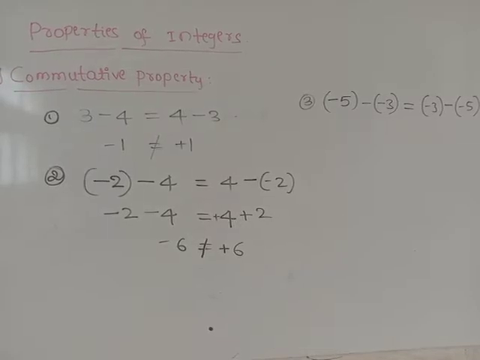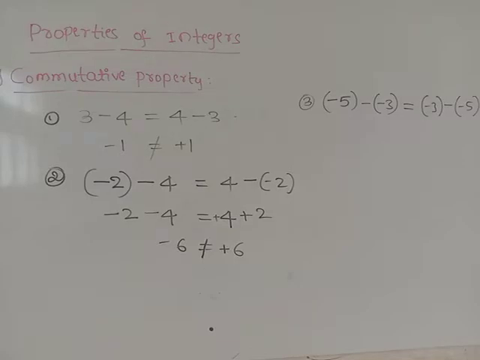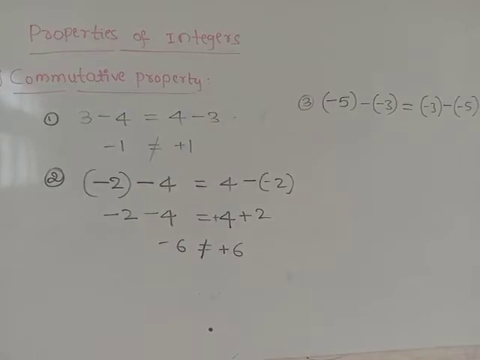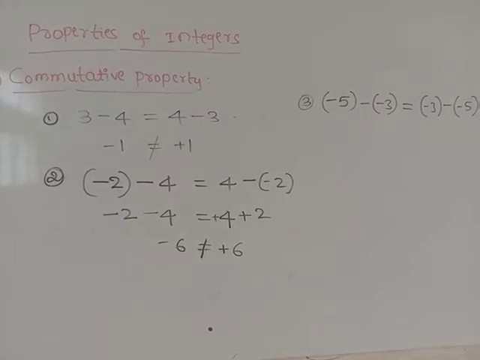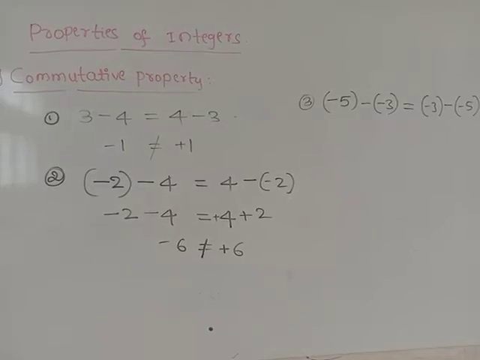Vijay, show me your answer. Vijay, please hold your book properly, sir. Vijay, your answer is wrong. We are not getting +8, -8. Please think, if there is one positive integer and one negative integer, what will you do? Subtraction. Yes, Samarth, good boy. Your answer is exactly correct. Ayush, good. Your answer is also correct.